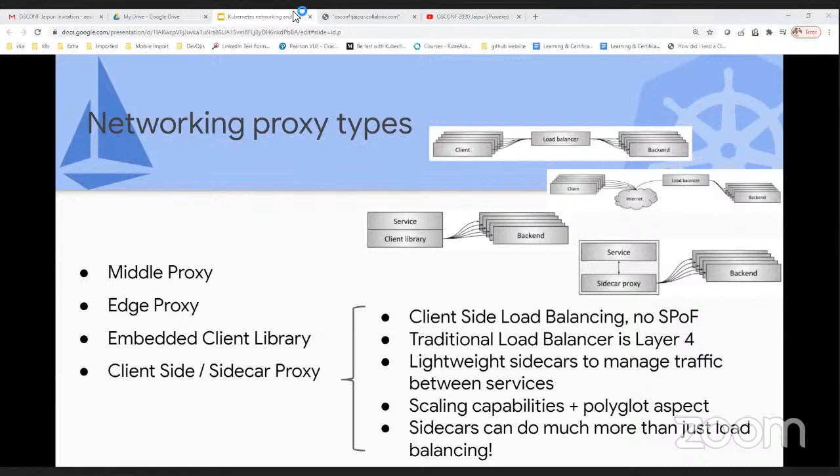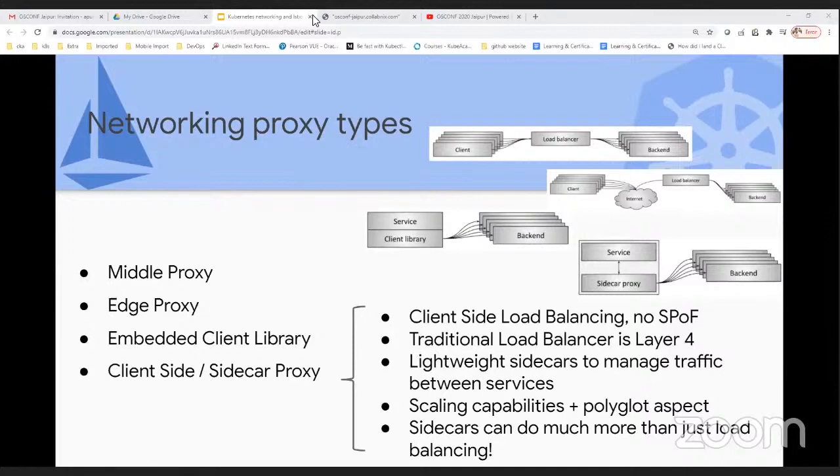If I want to talk about the sidecar proxy, it is not 100% sure, or definitely the faster way to route the traffic, but definitely there are a lot of pros compared to the other proxies. I can do client-side load balancing. It is not a traditional L4 level of traffic routing.